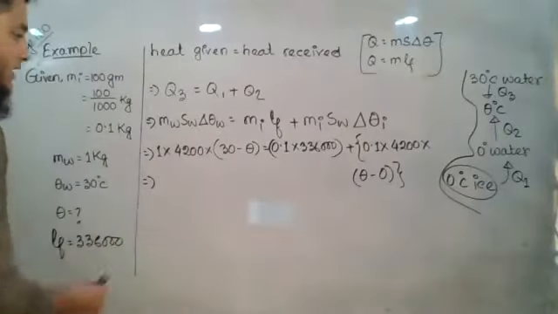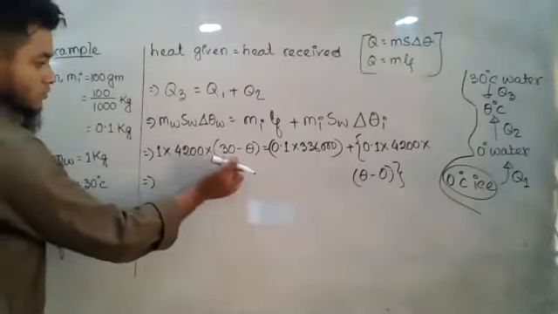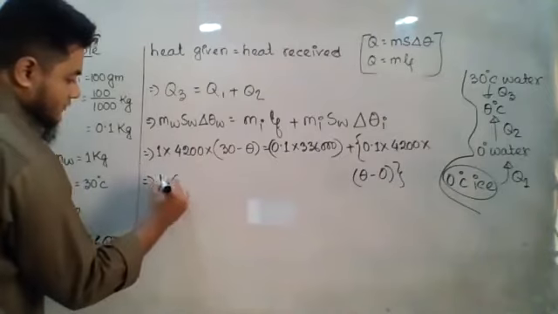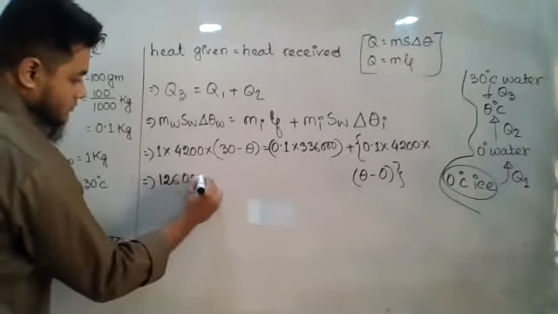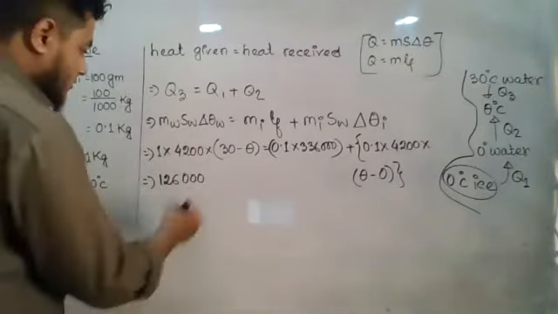So if I multiply now 4200 into 30, it will be 3 to the 6, 3 4 is 12. So 3 zeros will be there, minus